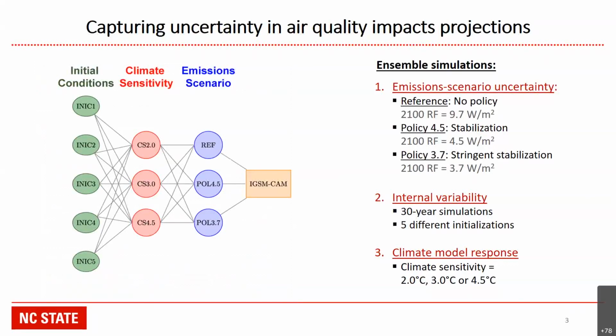So we're looking at emission scenario uncertainty, of course, and that's been most of the focus of the studies looking at climate impacts on air quality that have been done in the past. But we're also going beyond the traditional 5 or perhaps up to 10-year time slice to capture internal variability by using, as I said, a small initial condition ensemble with 5 members and extending those time slices to 30 years each. Even though it's much smaller than the large ensembles we may be hearing about from the climate perspective, it went far beyond what was typically done for air quality projections.